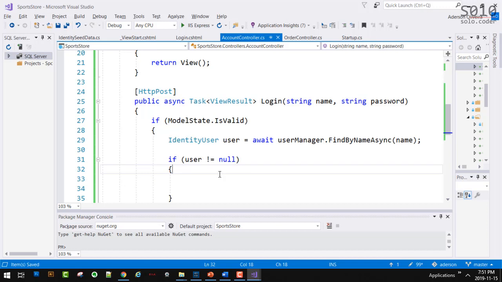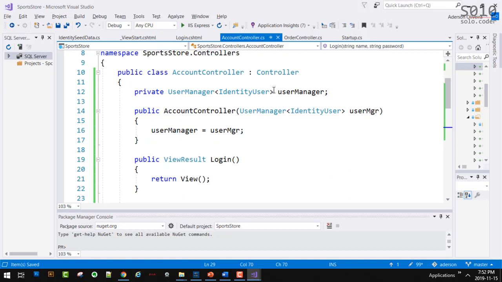Now, password matching is another story, because user manager does not provide services for password management. We have to use another class. We have user manager, and now we're going to have something called sign-in manager.